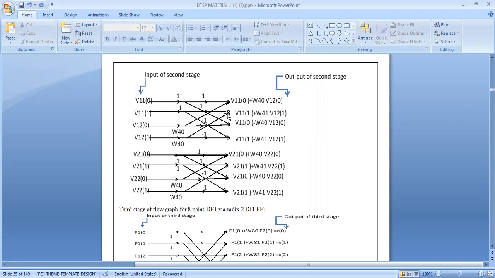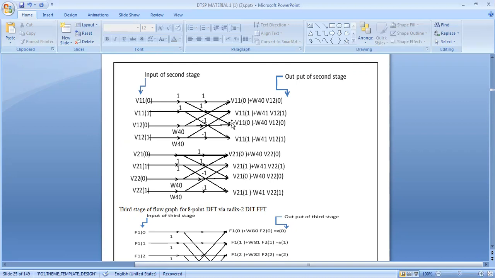This will be getting over on it. So what we'll be doing over here is working with complex numbers. This will be multiplying with the phase factor. So when you are combining the output, this will be taken as an addition of your first, there is V11 and V12 of your phase factor.